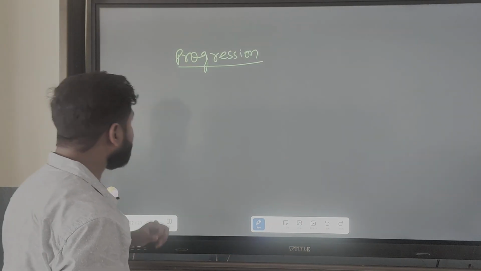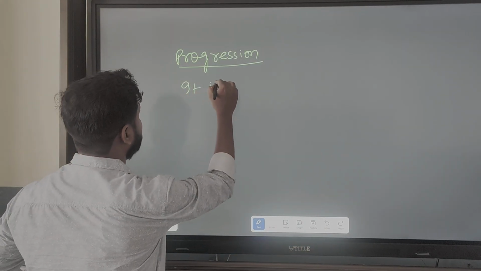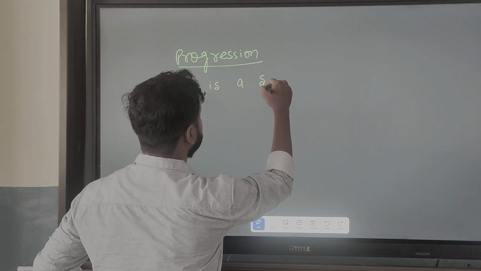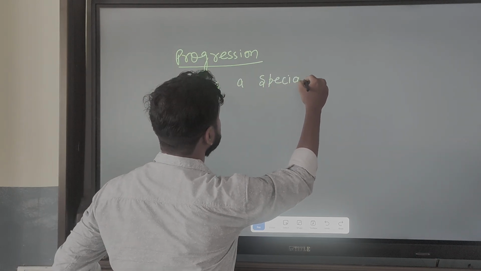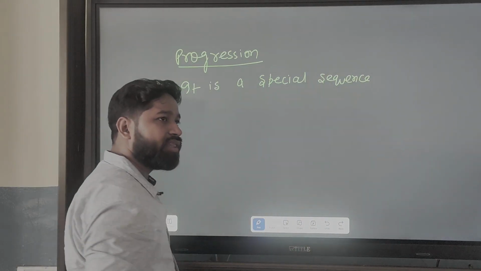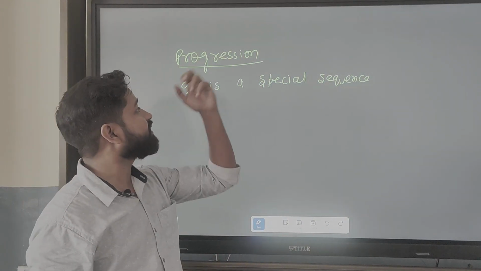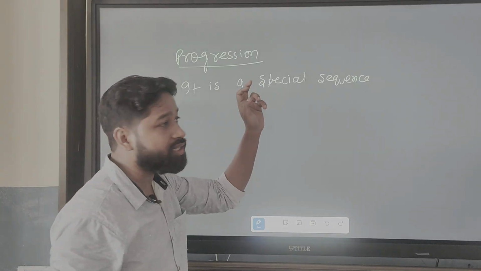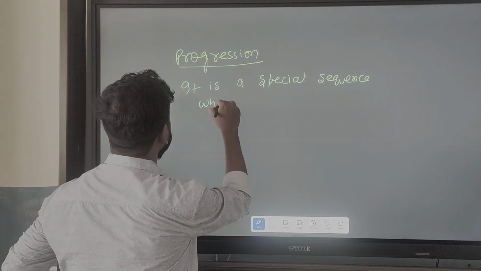See, progression, it is a special sequence. Okay, so what's special in that? It is also a sequence, that was also a sequence. So what is special here? So what we'll say, it is a special sequence which can be